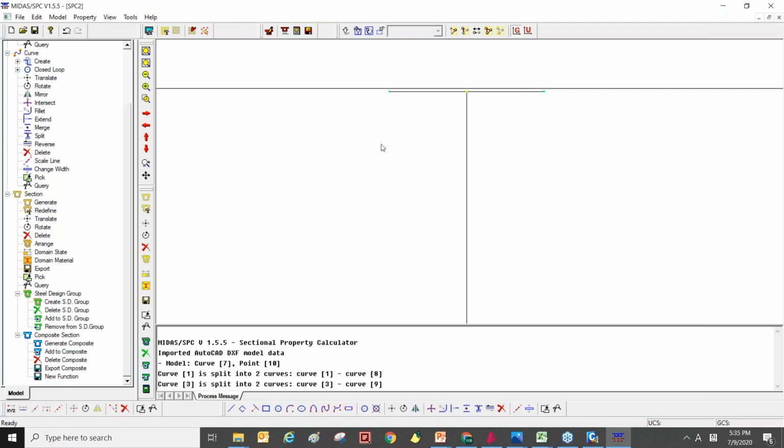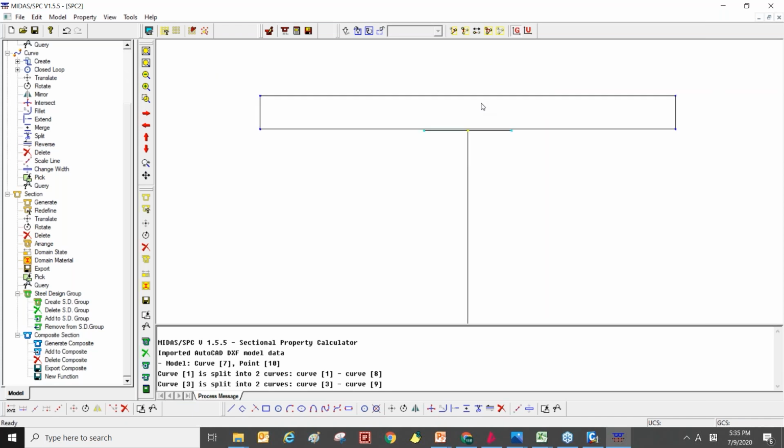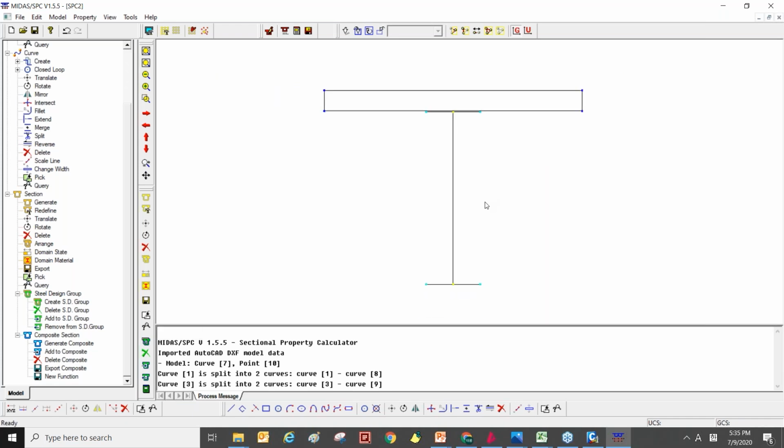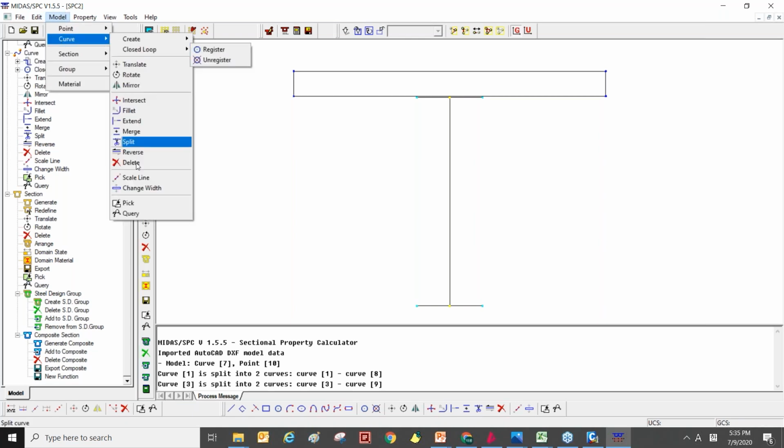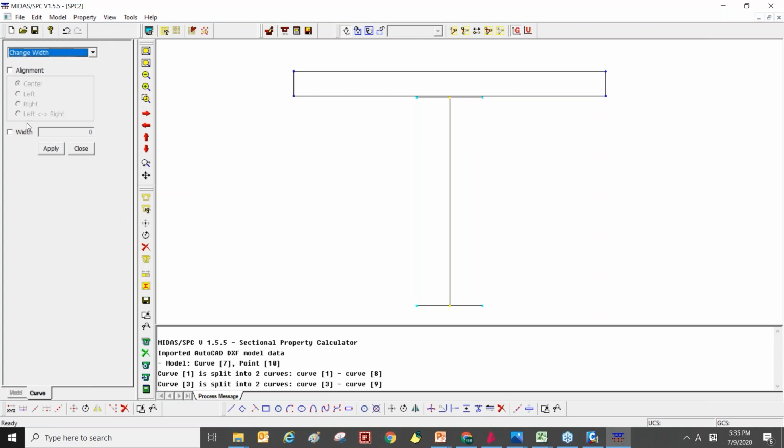I just bring the center line of the steel plate, because the steel plate is too thin, so it is hard to calculate section properties with mesh. So at this time, in the SPC we will assign the width here. It will help us to calculate the section properties.